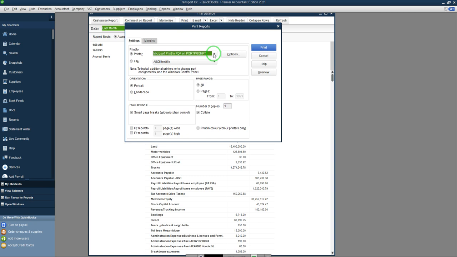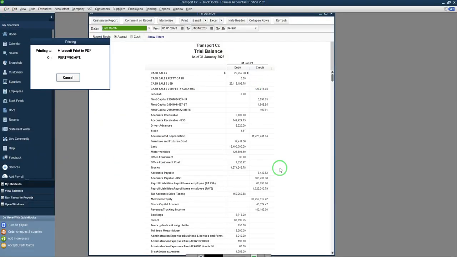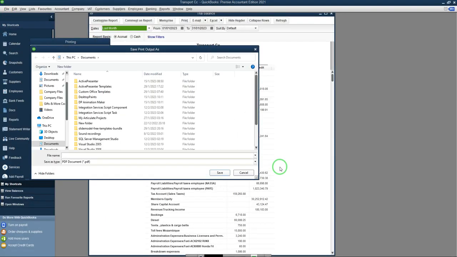So for me to print a PDF, I could preview before printing. I could just preview and see how the report is going to come up. Basically, if I were to print a hard copy or save as a PDF, this is how my report is going to come out. So it's just one page. I could then click on print, right? Because it's printing as a PDF, it will prompt me to save, and it's saving to my documents folder. So I could say trial balance